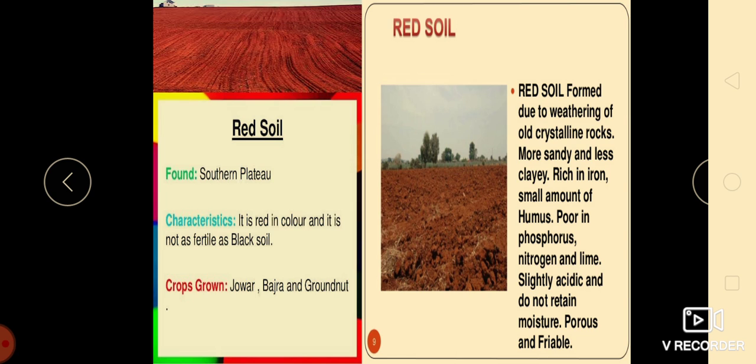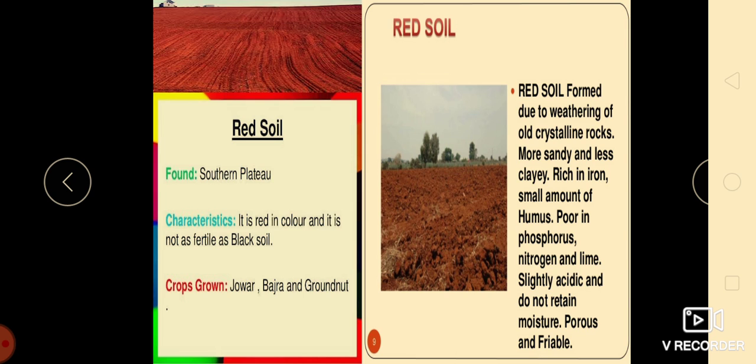So, the red loam soil, these soils have been formed by the decomposition, as I told, by the granite, gneiss, charnockite, and the diorite rocks. Diorite is an intrusive igneous rock composed principally of the silicate mineral plagioclase,